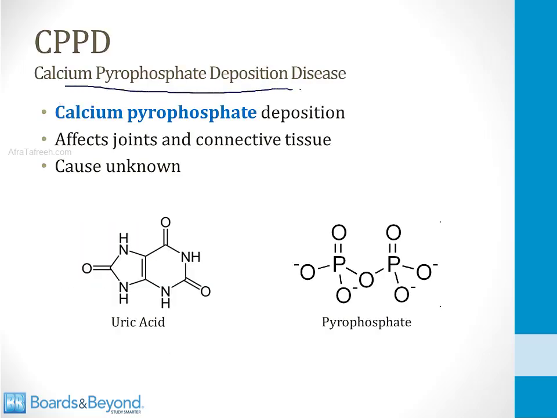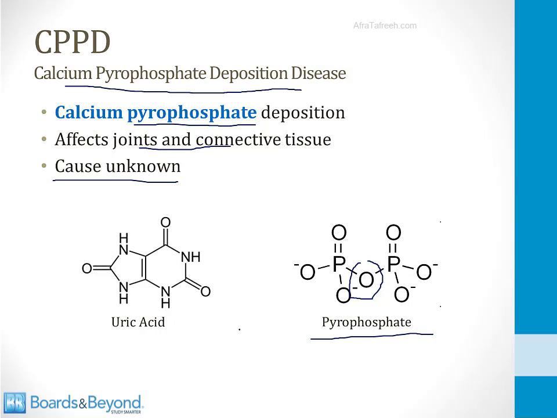CPPD is calcium pyrophosphate deposition disease, and in this disorder, calcium pyrophosphate deposits in joints and connective tissue. The reasons this happens are not well understood. If you look at the bottom right side of the screen, this is the structure of pyrophosphate. It's two phosphate groups linked by an oxygen atom. And if pyrophosphate binds to calcium, that is calcium pyrophosphate, and that's what deposits in joints and connective tissue in